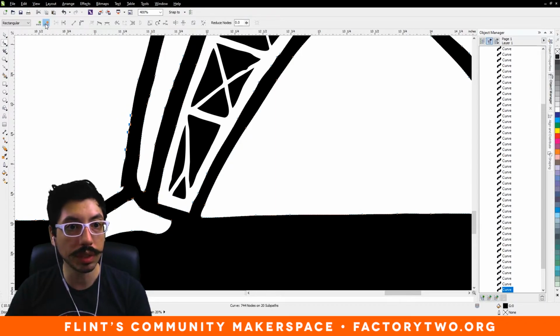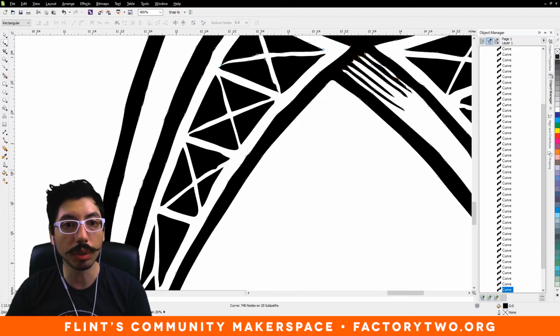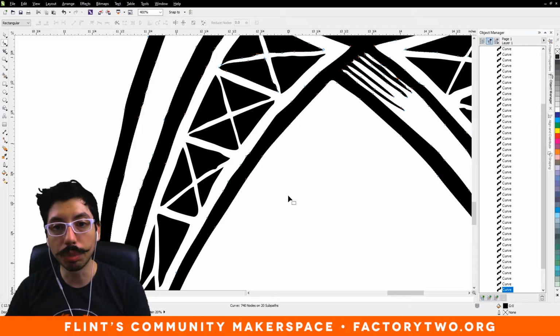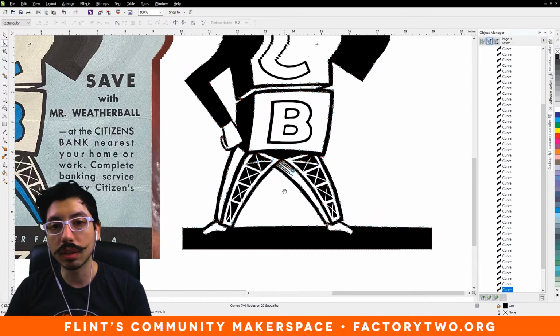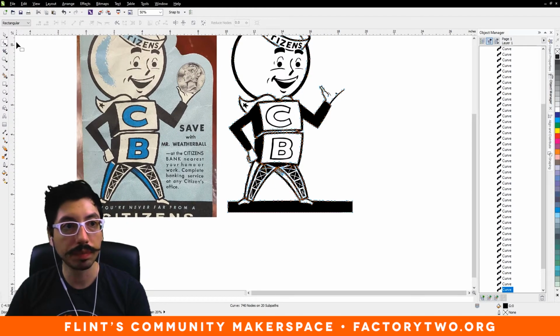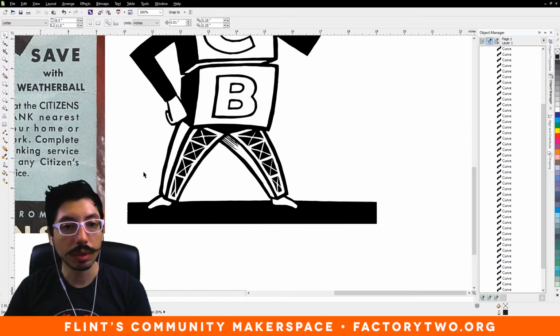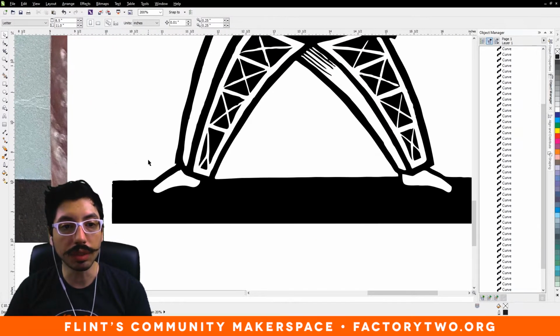You could even do a shift select to grab a couple more nodes at a time if you didn't grab all the ones you want. But ungrouping is important to do first. Once you do that, you can put the pieces back together and create any edits that you want to do. So after that, we're going to work on these feet